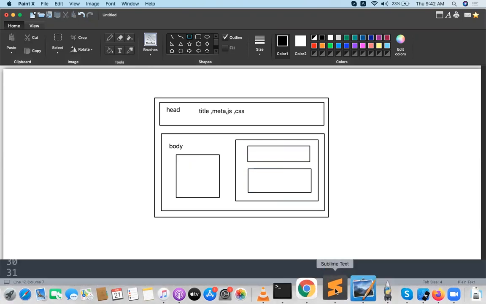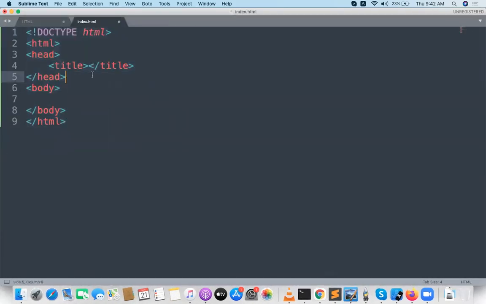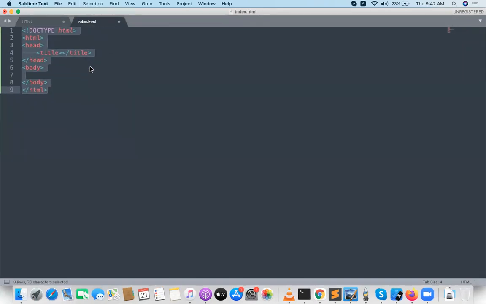Coming to this part of the head, the title is there. We can show this title on top of the browser. So it is the title of the particular page. Let me go with hello app. If you want, you put a title like this. And after that, coming to the body, inside the body I can write something like hello HTML, I am here. Save the file. Saved it.